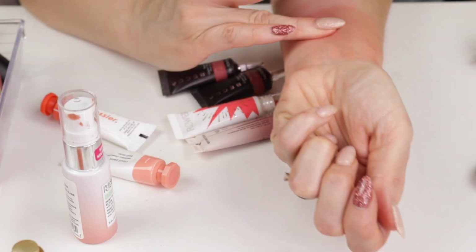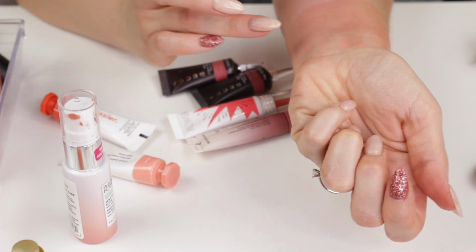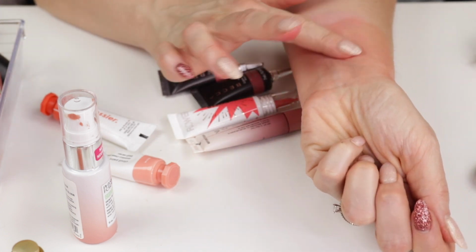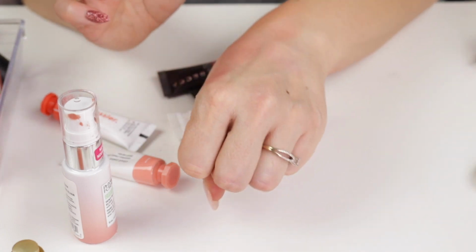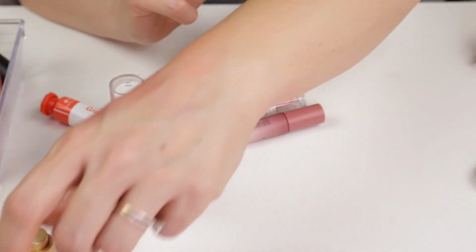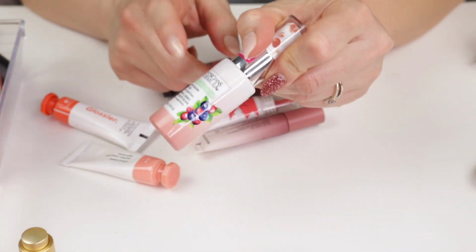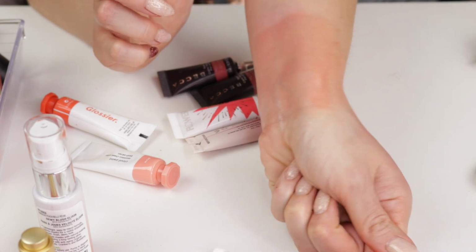Okay, obviously I need to stop buying cream blushes and using the ones that I have because I'm just not seeing why I didn't like this. This one definitely has more dew to it than any of these others. I would say this is more akin to the M Cosmetics ones, although this is way more pigmented. So if you have dry skin, you might actually really enjoy the Physicians Formula one because it is definitely staying